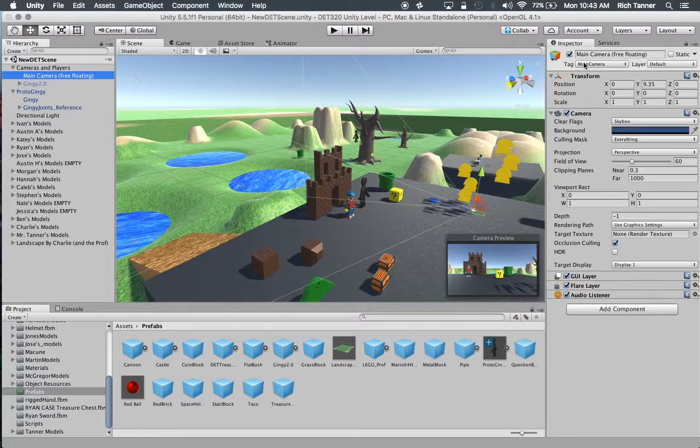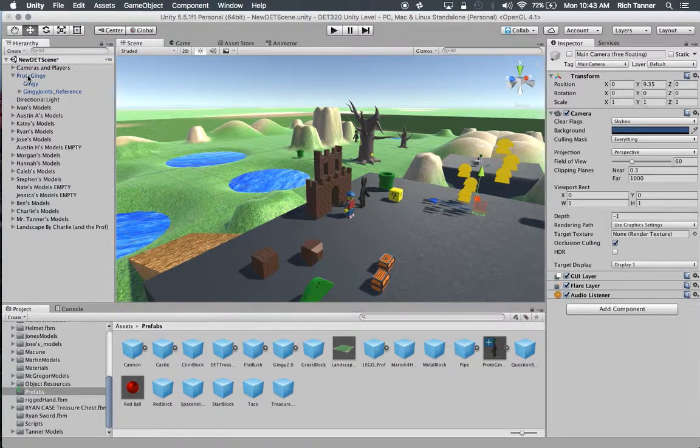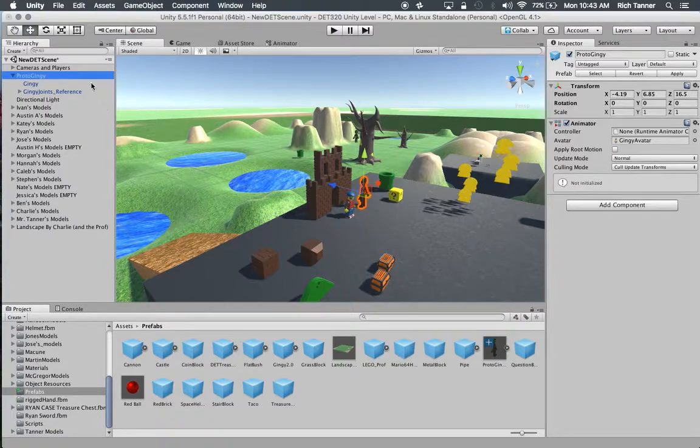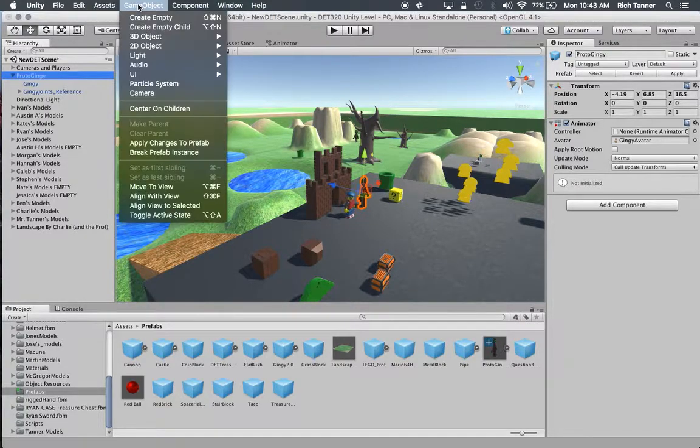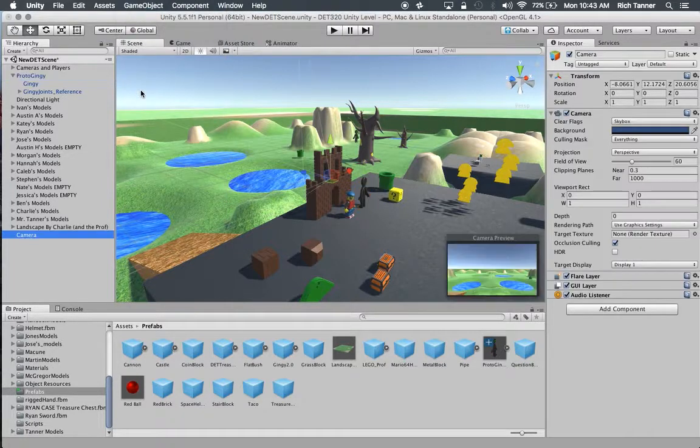So here's what I want to do first. I'm going to take this main camera and I'm going to turn it off. I'm going to just collapse that. Got my Proto Gingy here. I'm going to create a new camera. And I'm going to drag it up into that prefab instance. And we're going to call this the player